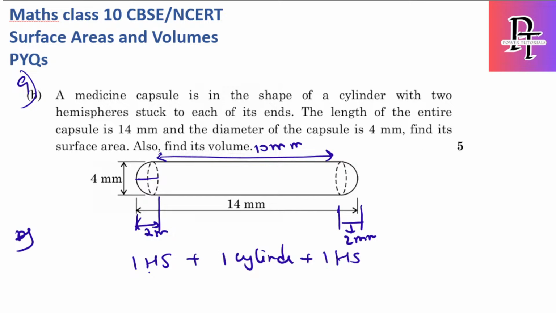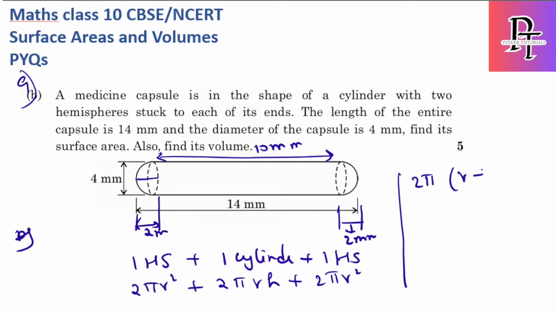Okay, so for the hemisphere, its surface area is only curved surface area, because the bottom is inside, so I have to consider only curved surface area of hemisphere, which is 2 pi r square, plus cylinder, and this is also CSA, which is curved surface area, which is 2 pi r h, whereas again hemisphere, which is 2 pi r square. So let's add all this. If I take 2 pi common in all, so that I can do proper easy calculation, 2 pi r is common, okay, r plus h plus again r,